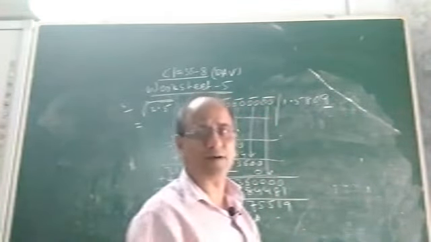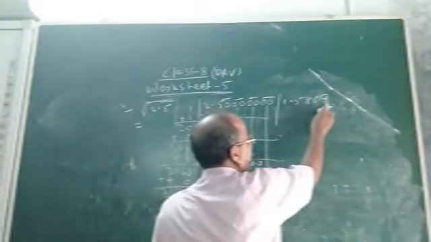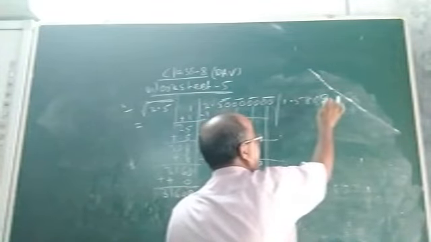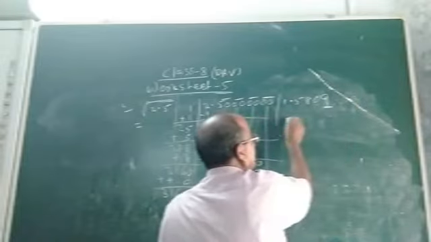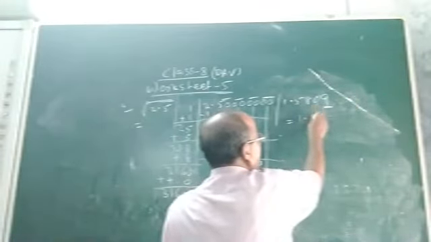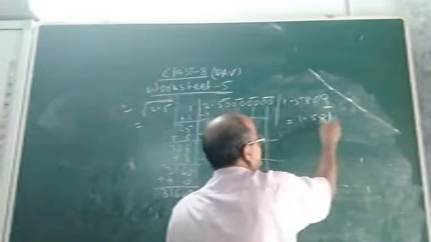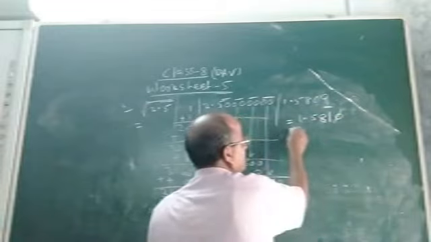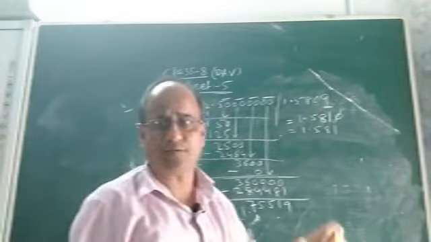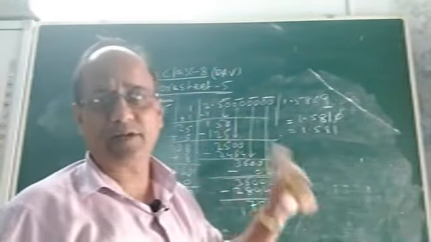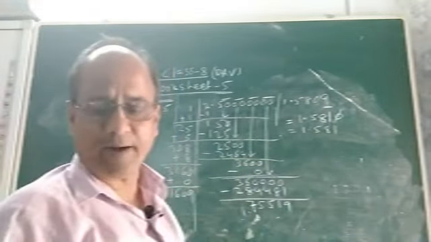It was taught in class 5 as well as I have discussed in the normal class. If the digit is 5, 6, 7, 8 or 9, then you have to add 1 to the previous place and replace this digit by 0. So what will be the answer? If you add 1 here, it will be 1.5810. This 0 has no value, so it will be 1.581. This will be the square root of 2.5 correct up to 3 places of decimal. So this is what children we had read in the chapter. Just we applied. Let us do another one.